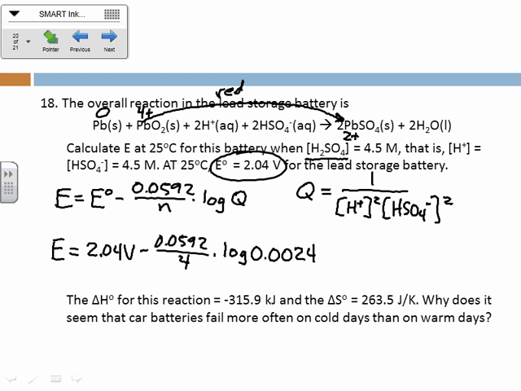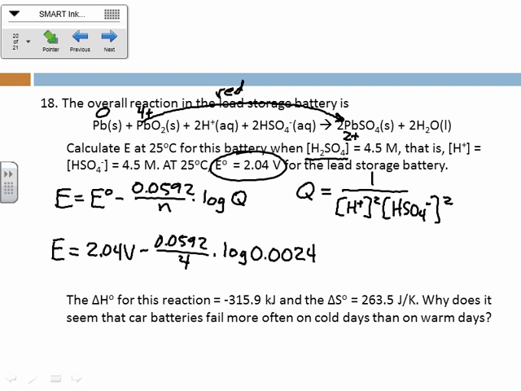So when we take the log of that, it is a negative number, which should tell us something about the voltage. It's actually going to get higher at these concentrations. Kind of makes sense. That's probably the kind of concentrations we would want in our battery so that the voltage is higher. So then we divide that by 4, multiply by 0.0592,